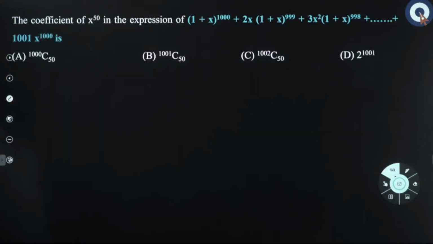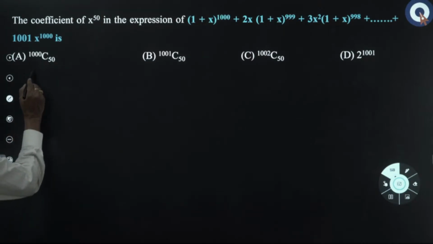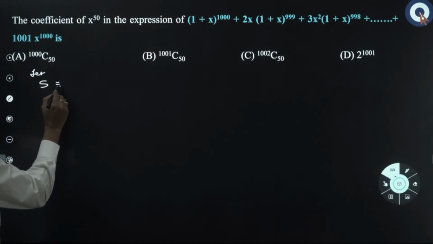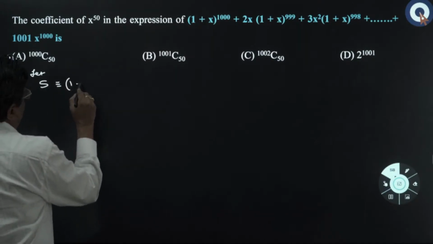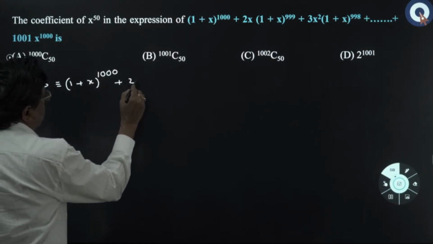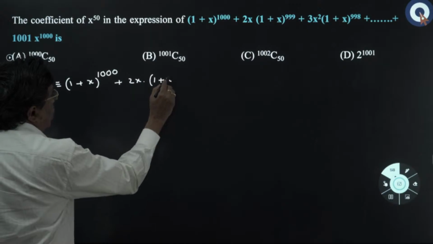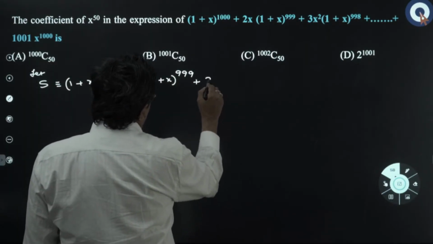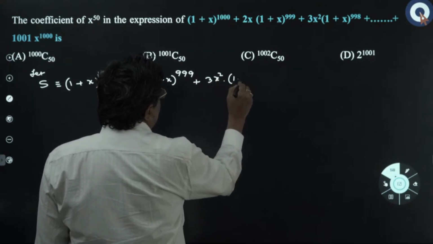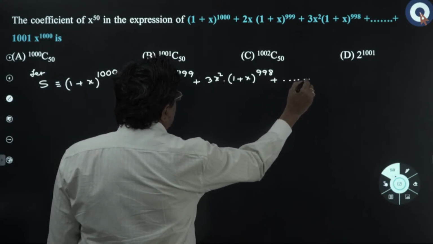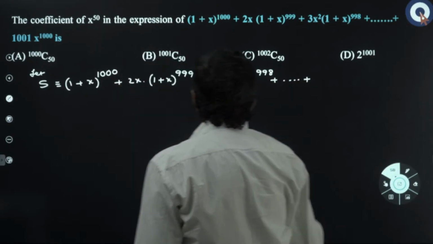The coefficient of x to the power of 50 in this expansion. All right. So let S is equal to (1 plus x) to the power of 1000 plus 2x into (1 plus x) to the power of 999 plus 3x square into (1 plus x) to the power of 998 plus so on plus 1001